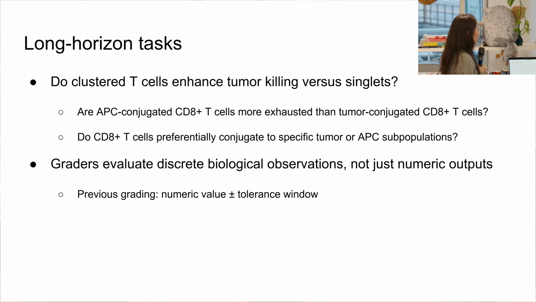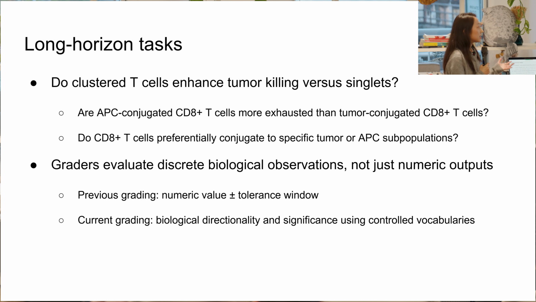Because first, you have to find a good differentiator that can have a strong signal to show you whether the agent did the right thing or the wrong thing. So for example, we're looking for signals like fold change, right? If the agent did the wrong thing, then maybe the fold change is inflated or vice versa. So with that, how do you set a tolerance window? Now we have agents to help. You can ask it to sweep different parameters and combinations of tools. But if you pick the wrong differentiator, then maybe it's very method variant. Different methods might give you different answers, which makes your eval not durable.